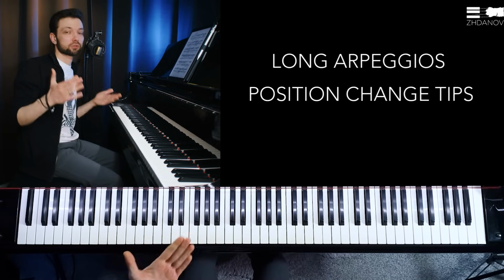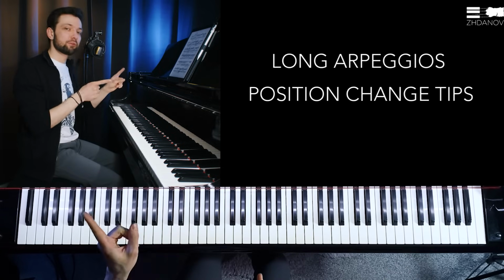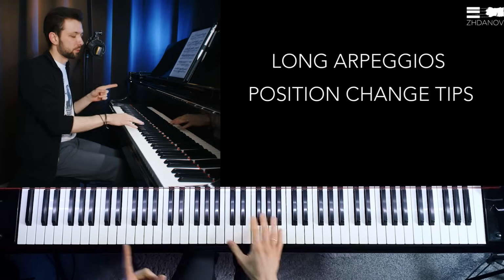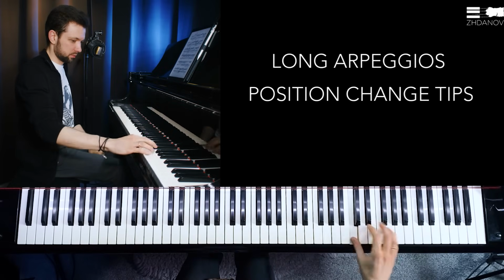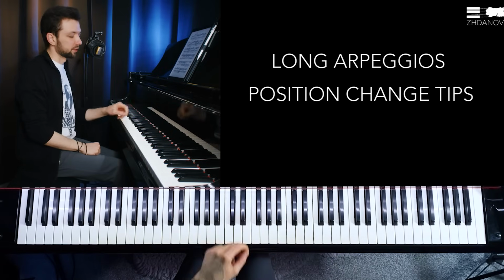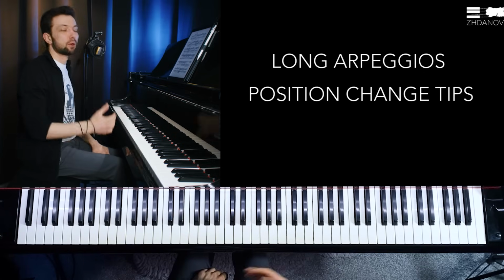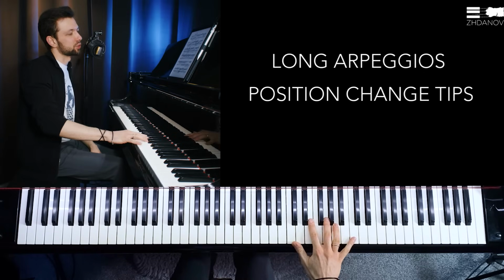And now let's speak about longer arpeggios a little bit. In my previous video, I shared with you tips on how to learn arpeggios that go in this direction for the right hand, or this direction for the left hand. Now let's speak about the opposite direction. So when we go here